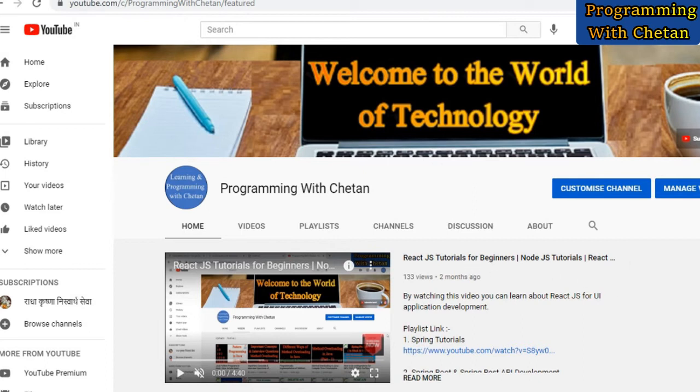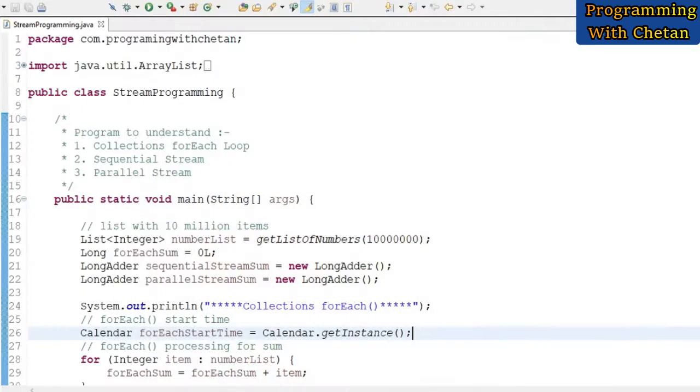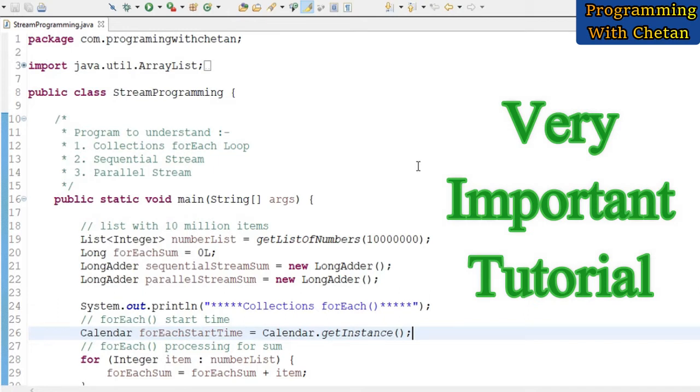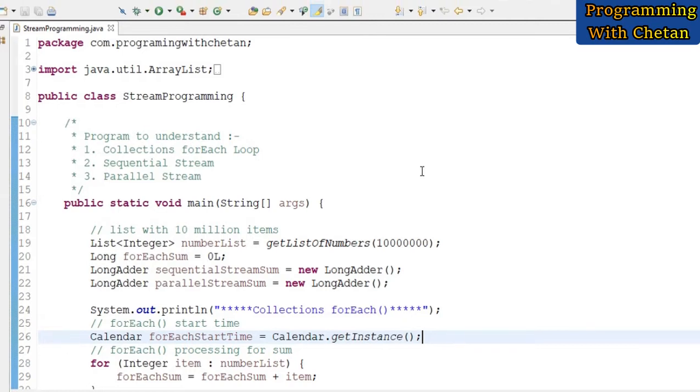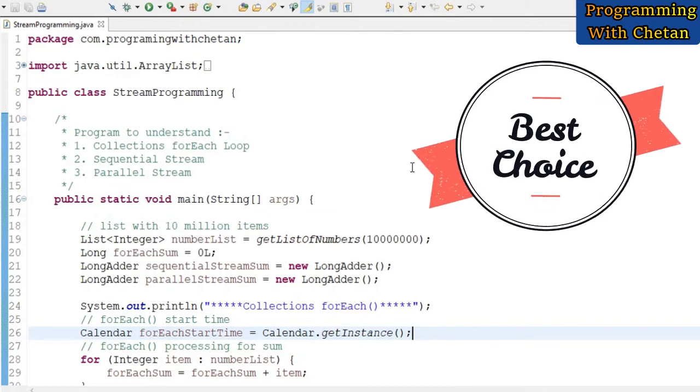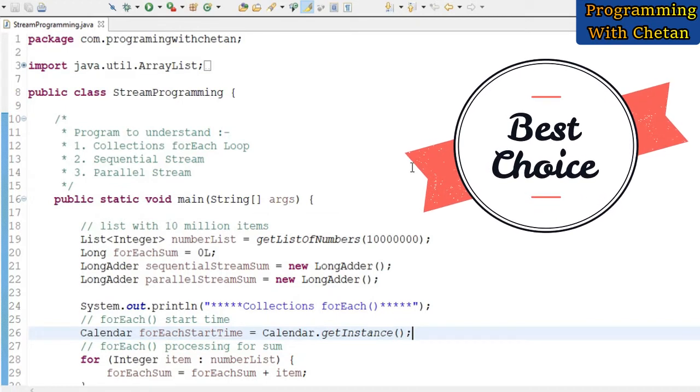So, friends, in this particular video, we are going to discuss one of the very important concepts that we use in almost all real-world applications. As we all know, in any application there is always a need to iterate through a list of objects. And why do we iterate through the list of objects? To perform various operations, right? So today in this video we will see what the various methods available to iterate through a list of objects are, and which is the best method we can use in terms of performance.